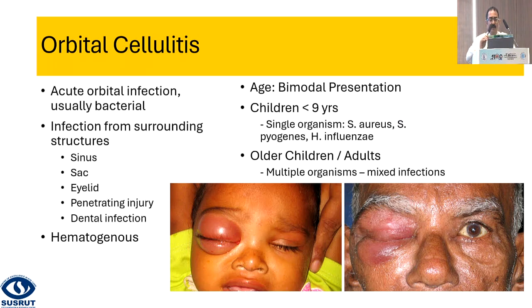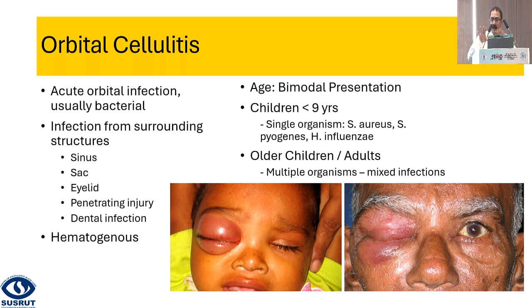So quickly moving on to orbital cellulitis, these are usually acute infections caused by bacteria, and they often come from neighboring structures. So the sinus being the most important, 90% of orbital cellulitis is actually from the paranasal sinuses, usually the ethmoid, followed by the frontal, maxillary being less common. It could also happen from a periodontal infection. Penetrating injuries are one possible cause. Of course, our dear lacrimal sac being another source. And then you might have distant spread of infection through the hematogenous route.